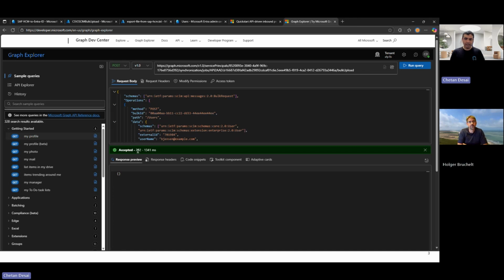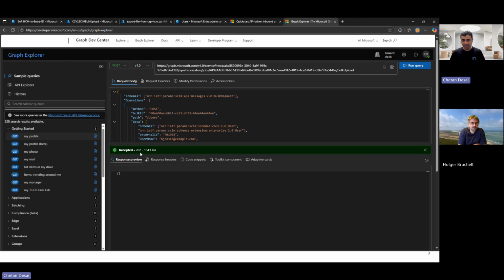I think the most important thing to call out here, once you send this payload, is you get back a 202 accepted. What this means is that we are storing this payload that you just sent to us. We are accepting it, and we will asynchronously process this. The job that you instantiated is going to unpack this SCIM payload, map the attributes, check if the corresponding user is present in Entra, and do all that fancy processing.